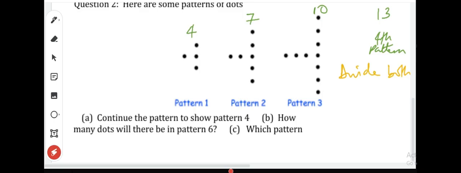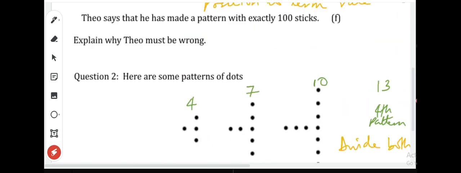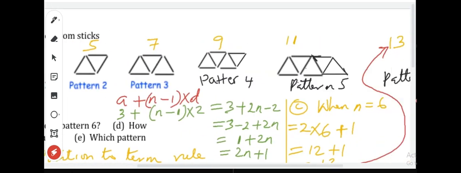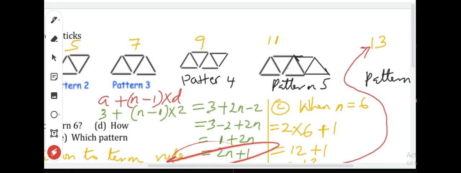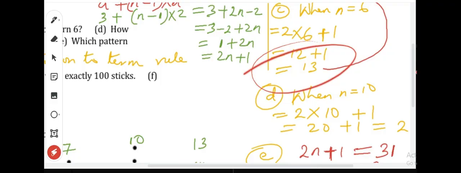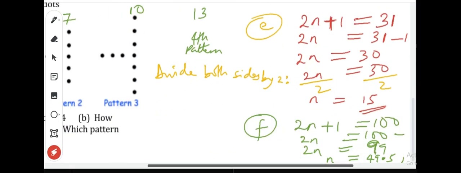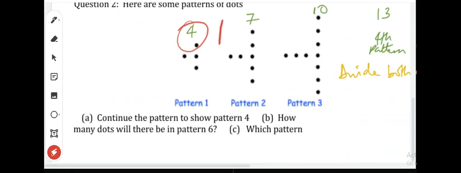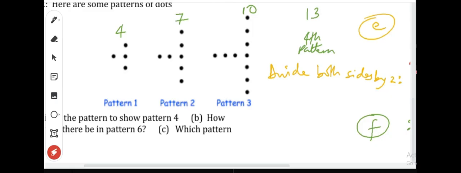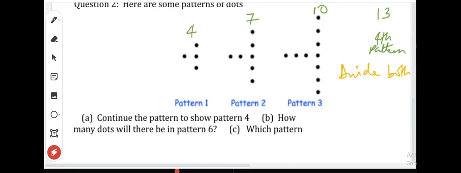We can draw that. How many dots will there be in pattern 6? We find the position to term rule like we did in this first one, and then when n equals 6, we get the answer. Or we can keep writing until we get to 6. 4 plus 3 is 7, plus 3 is 10, plus 3 is 13, plus 3 is 16, plus 3 is 19, plus 3 is 22, and so on until we get to 6. Now it says,